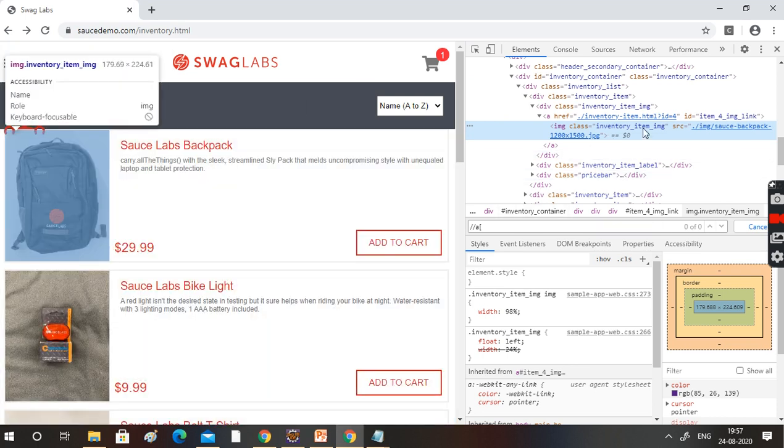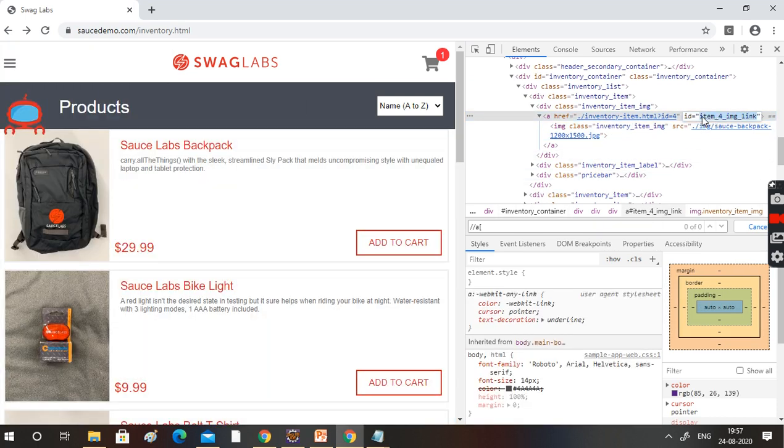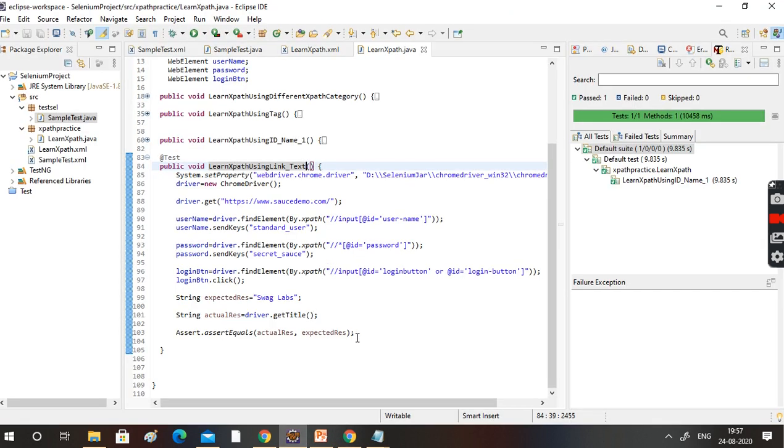So here, what is the ID? The ID attribute. The previous one we used, right? ID attribute, and what is the value? This one here. So this is the Sauce Labs backpack, right? So what do we need to do? We need to identify the element.